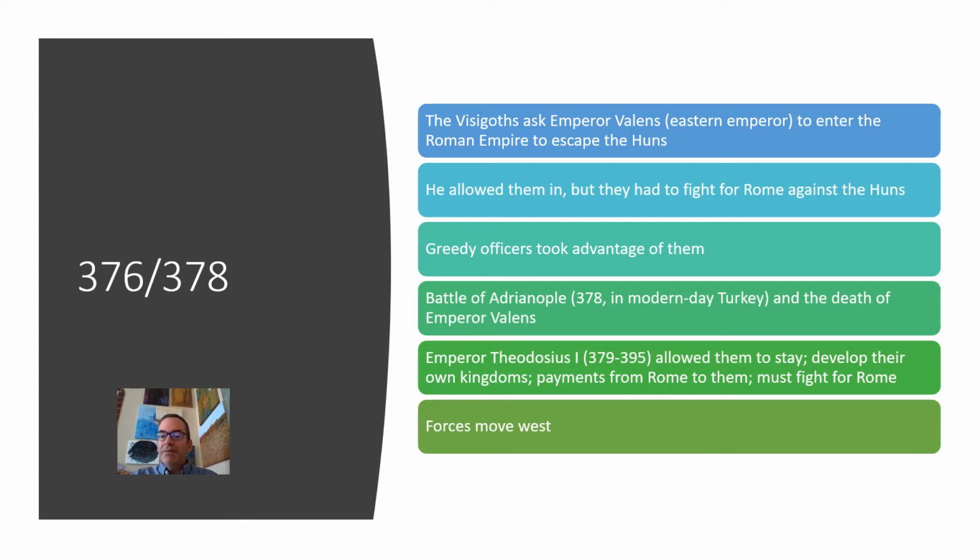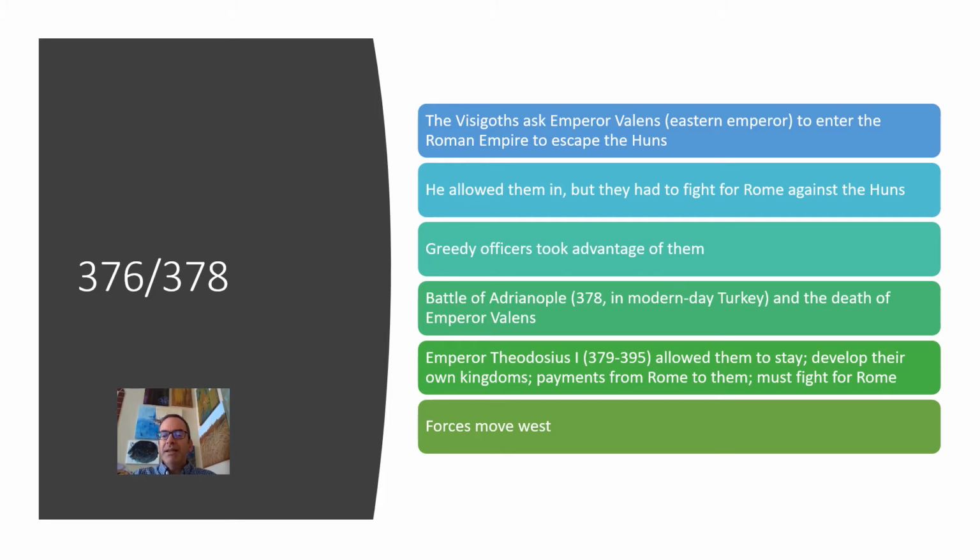But if Rome is invaded by anybody, including the Huns, then these Visigoths have to fight for the Romans. That was really the main condition of allowing them in, allowing them to settle, have farms, and so on. Now, there are a couple of examples where you've got these northern peoples coming in with permission to live in Rome, and then